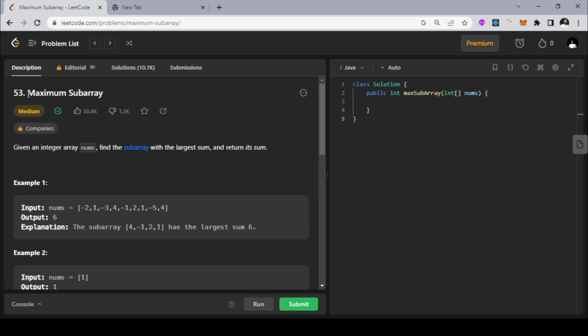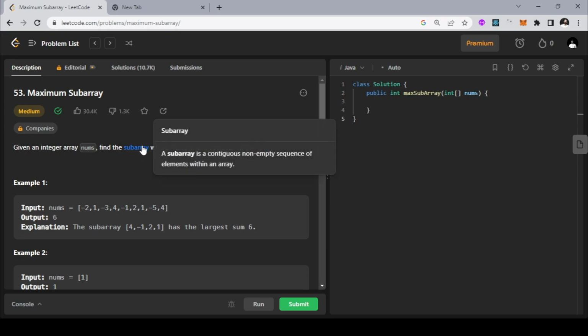Okay, the problem is Maximum Subarray. What is the statement? Given an integer array nums, we need to find the subarray with the largest sum, and we need to return that sum. And if we talk about the subarray, it's nothing but a contiguous non-empty sequence of elements within an